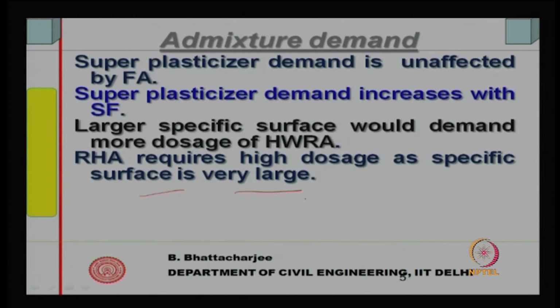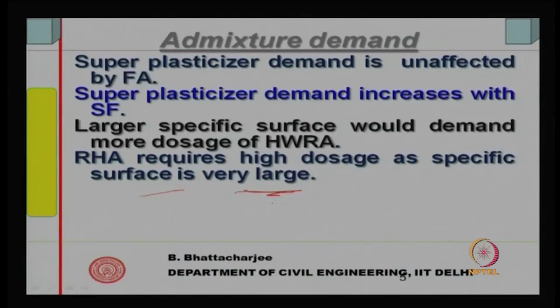The physical structure is cellular rather than spherical or something of that kind. As a result, surface area is very large and a high dosage of superplasticizer is required in the case of rice husk ash, and that is in fact a deterrent in their use, because if you add too much superplasticizer,